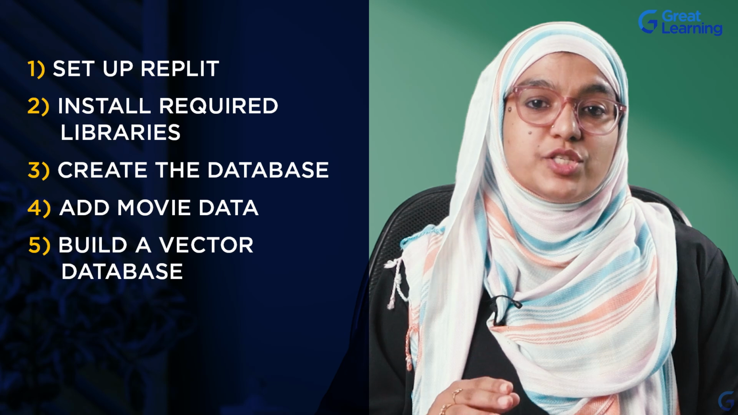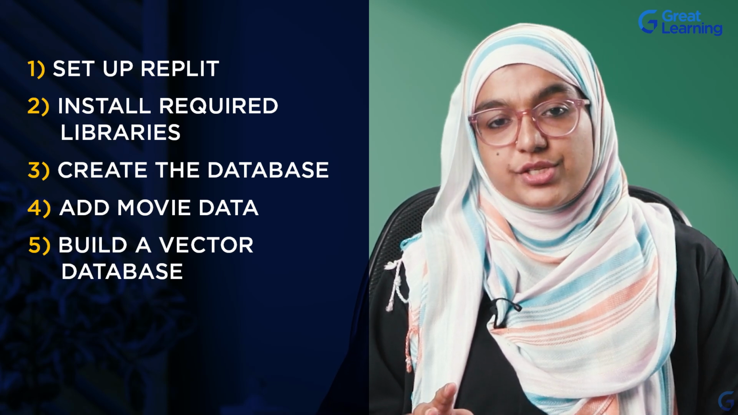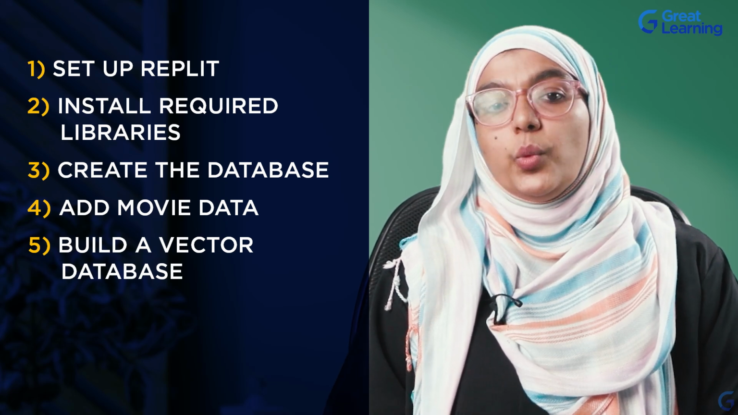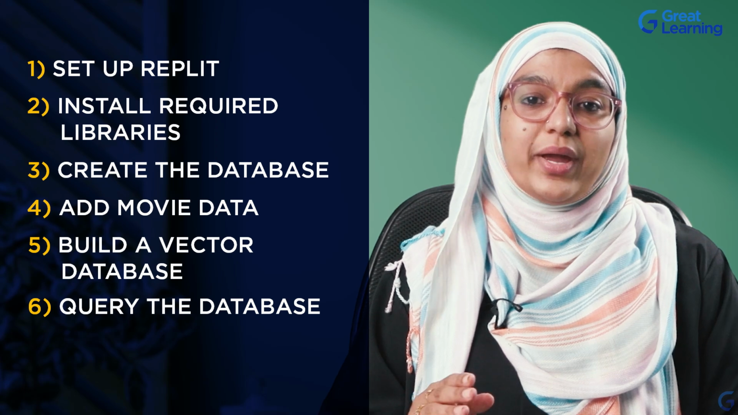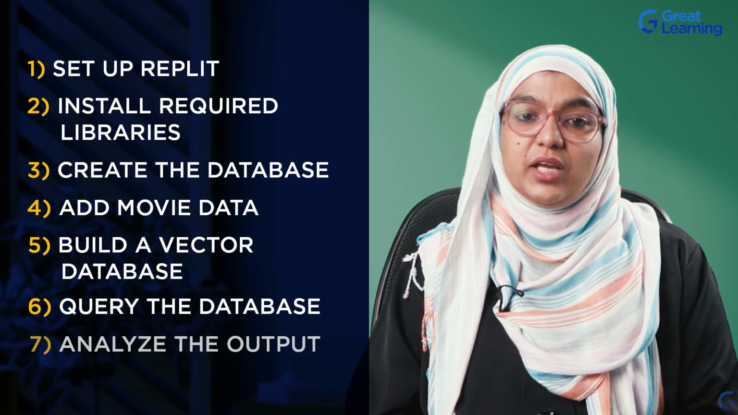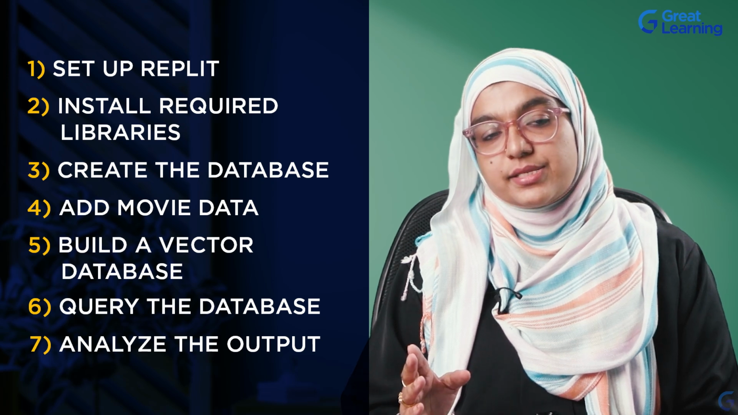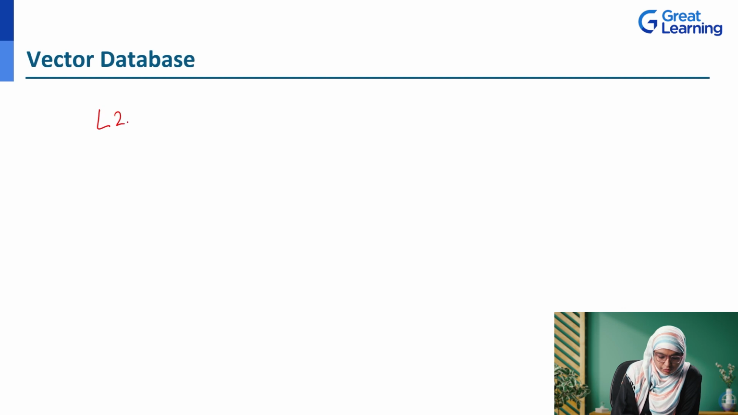We will convert this movie data into vectors, which are numerical representations that will help us perform our similarity searches. We will then run some queries to find similar movies based on their vector representation. Finally, we will look at the results to see how well our vector database is working and what we have learned from it. Before we move into the demo, we need to understand a concept called L2